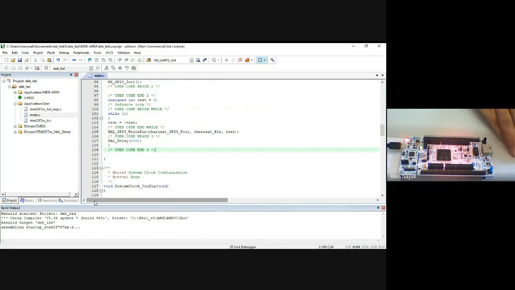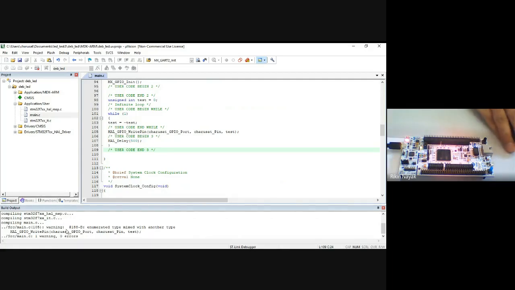Okay, now it will build all these files. Along with our user code, it will build all other peripherals. You will see over here, it will take some time, right?